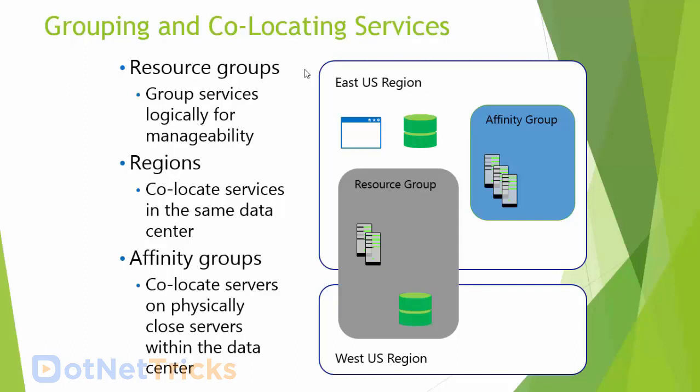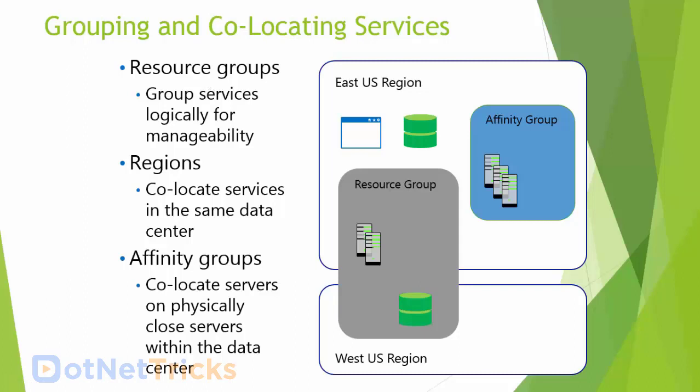So take a scenario where you have one virtual machine or cloud service running in the East US data center. It's possible it's in rack number 1, and there are thousands of racks in the East US data center. After some days you provision a web server, but you select the same region. So there is a possibility that the same web server can be a part of the last rack in the same data center. So by using a resource group,